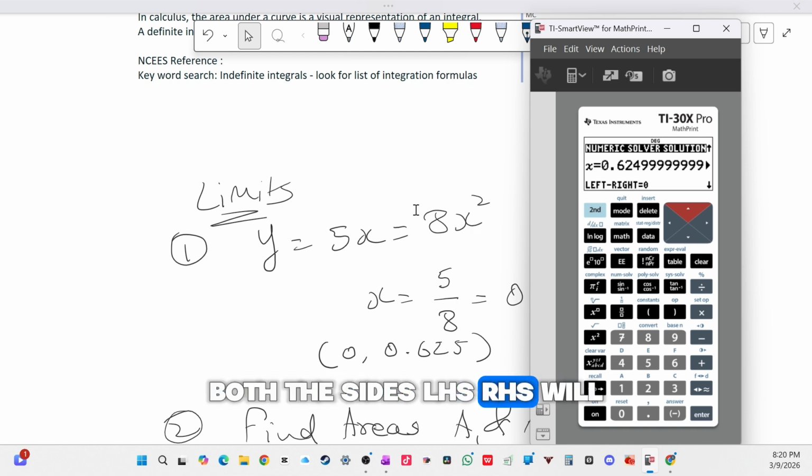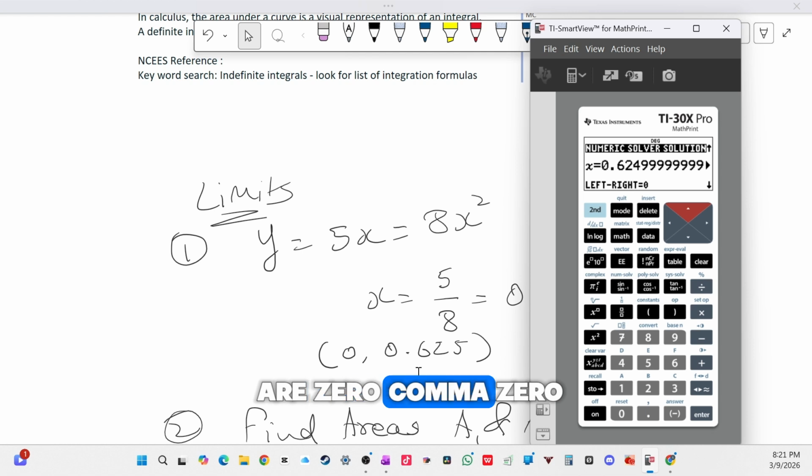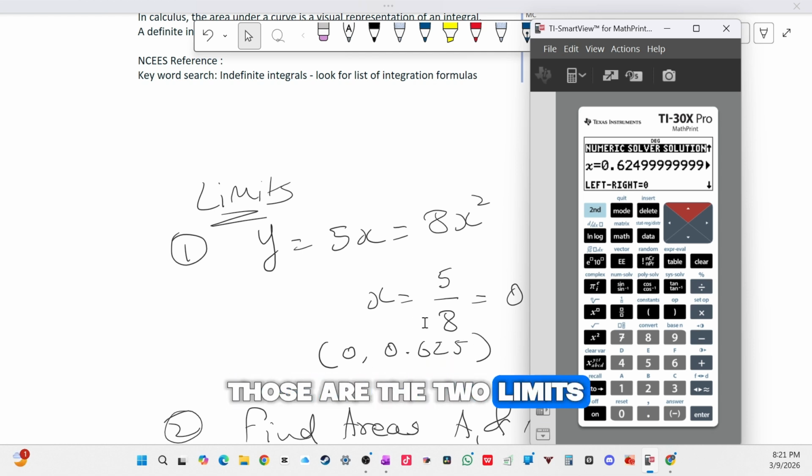Both the sides, LHS and RHS, will become 0. So the two limits are 0 and 0.625. Those are the two limits. Now you can use